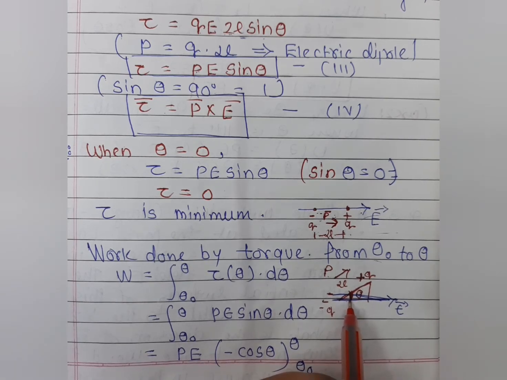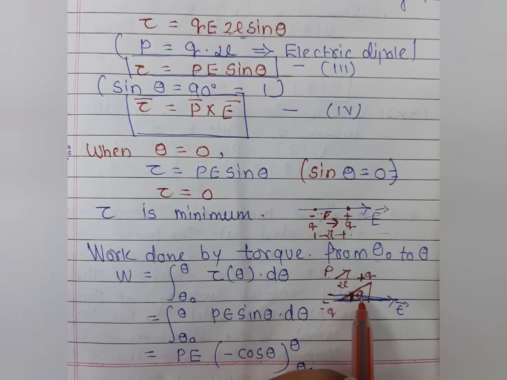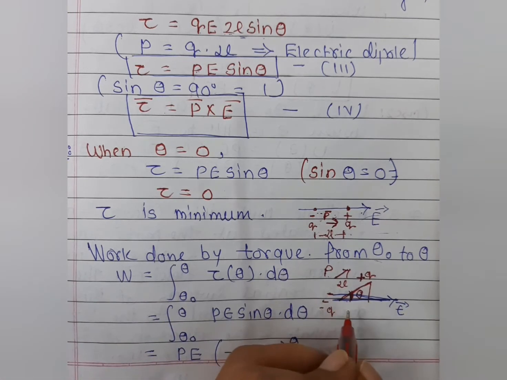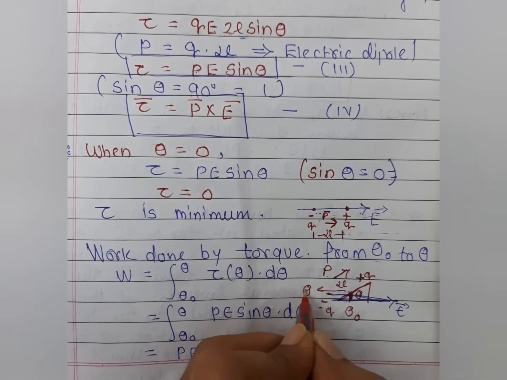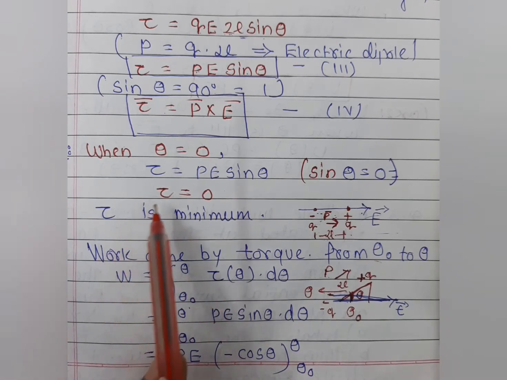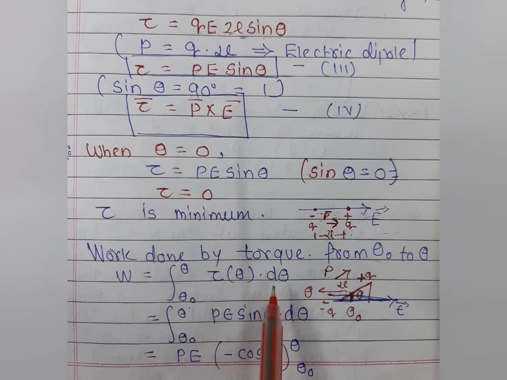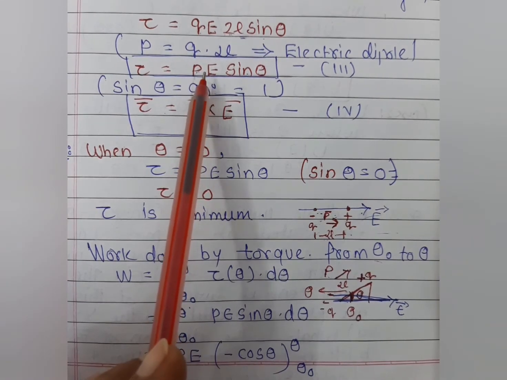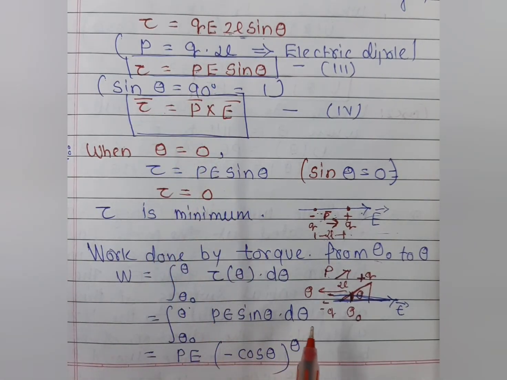So when it is rotated from this position to this position, suppose we take this angle as 35, how much work done is required for this dipole? Here we have to understand. So work is equal to integration, because we have to find the work done from the initial angle theta naught to the final angle theta. So theta naught to theta integration of torque d theta, and the torque value is PE sin theta. You know it very well, students. Always remember this condition, it is very important: PE sin theta into d theta.